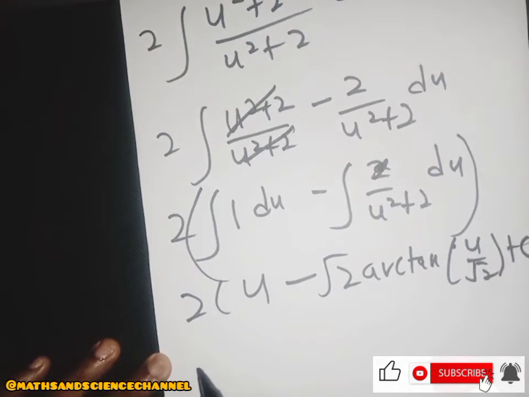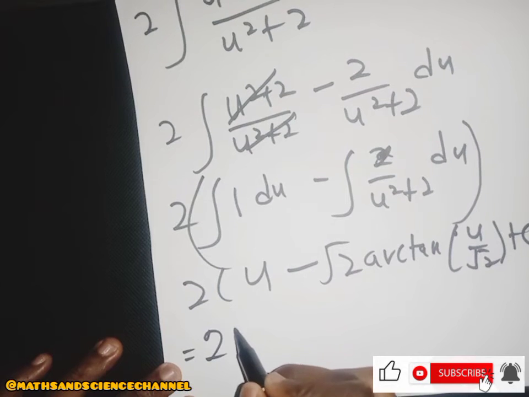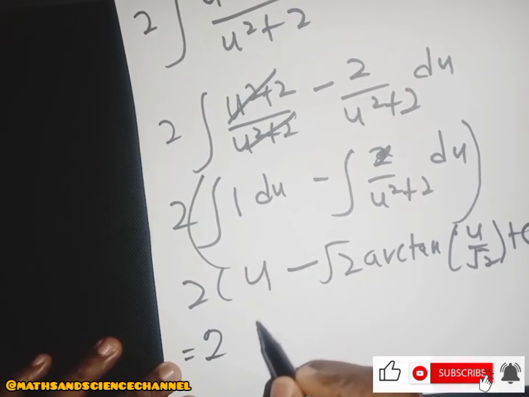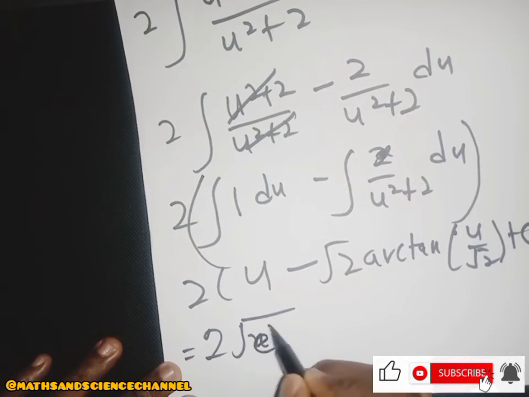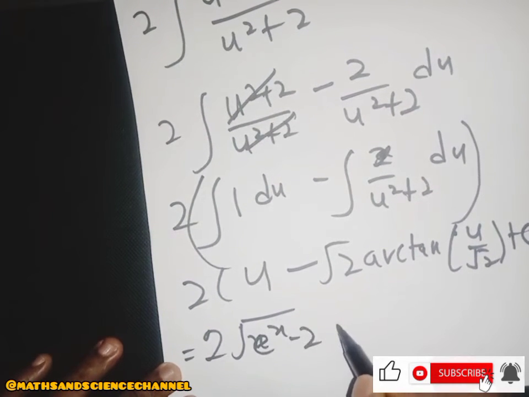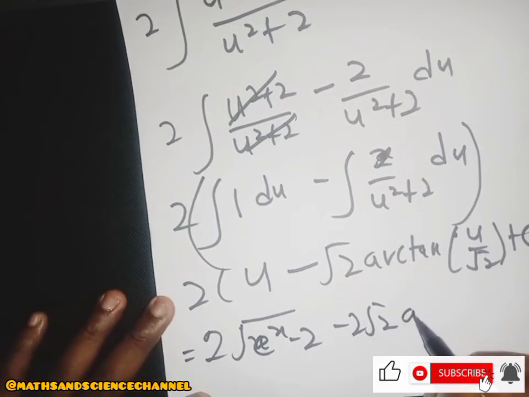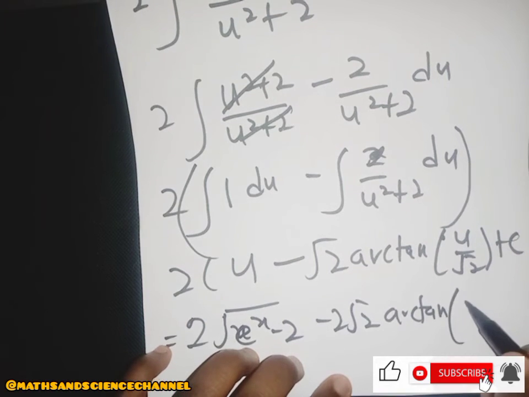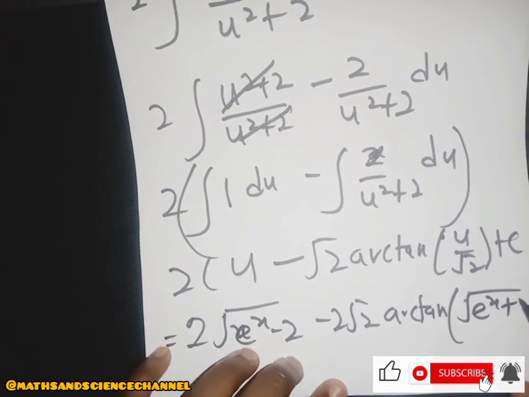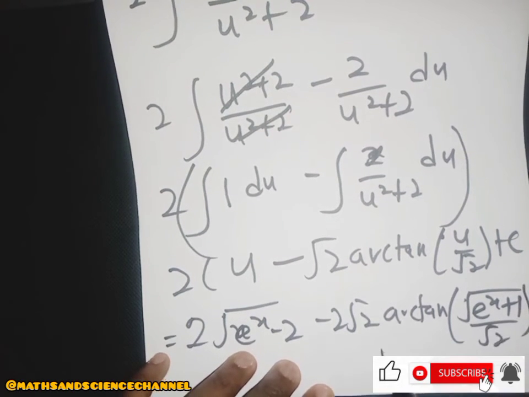Therefore we are going to get 2, and then u here is, as we said from the beginning, the square root of e to the power s minus 2, and then minus 2 root 2, and then the tan inverse of u, which is the square root of e to the power s minus 2, divided by root 2, and then plus c,